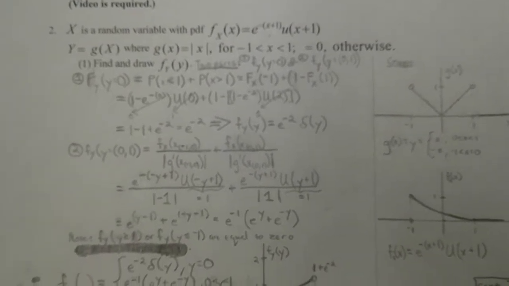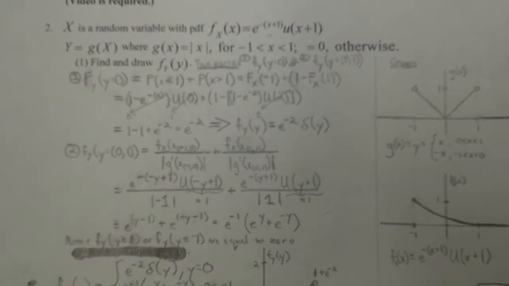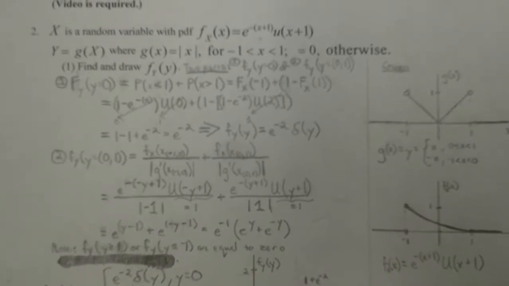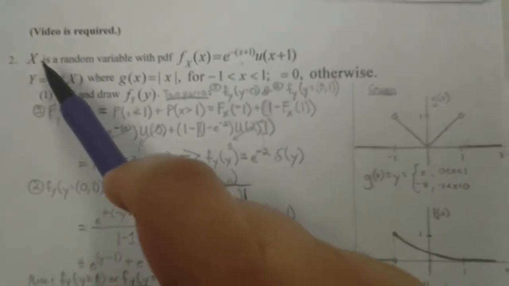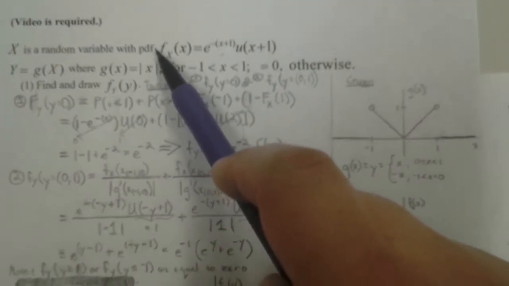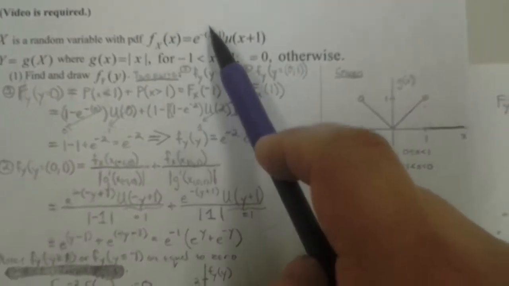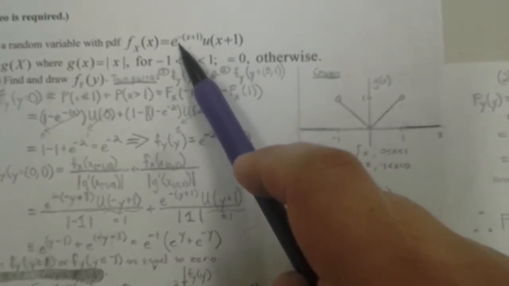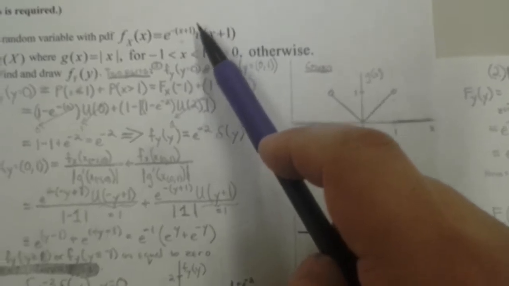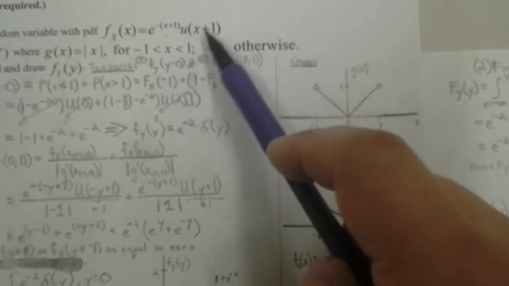Alright, today we're going to proceed to do problem number 2 of homework number 3. Now, there's a lot of initial givens to this problem before we even proceed to dig into it, so let's get started. First and foremost, we have x as a random variable with a probability density function defined by this little f of x right here, which is basically e to the negative x plus 1 times the unit function